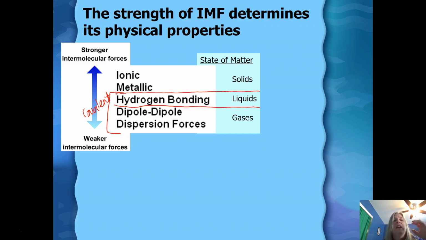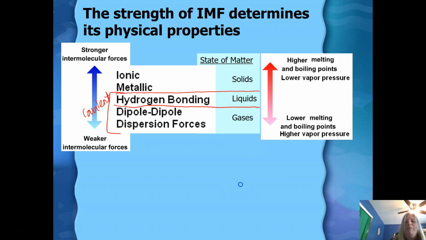So make sure you write down: ionic and metallic are solids. Hydrogen bonding, we're going to say, are liquids. And dipole-dipole and dispersion forces are going to be gases. All right, the next thing I want you to do is make this little line here,